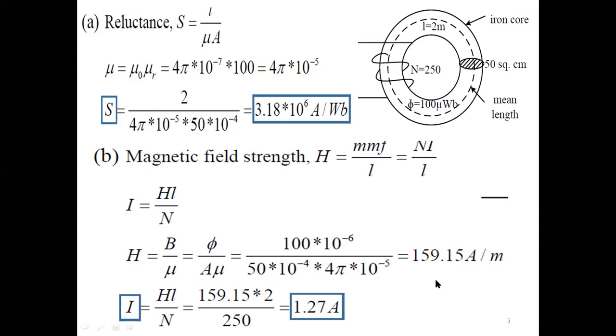Calculate H. Did you get 159 for H? See, very carefully you have to observe here while calculating H. Mu is nothing but what here? Mu naught mu r. Mu naught is 4 pi into 10 to the power of minus 7. Mu r he has given as 100 in the question. This one you have to write here. In place of mu, write 4 pi into 10 to the power of minus 5. There is no need to calculate again and again. One time only you have to calculate mu equal to mu naught mu r by multiplication and keep it on one side.